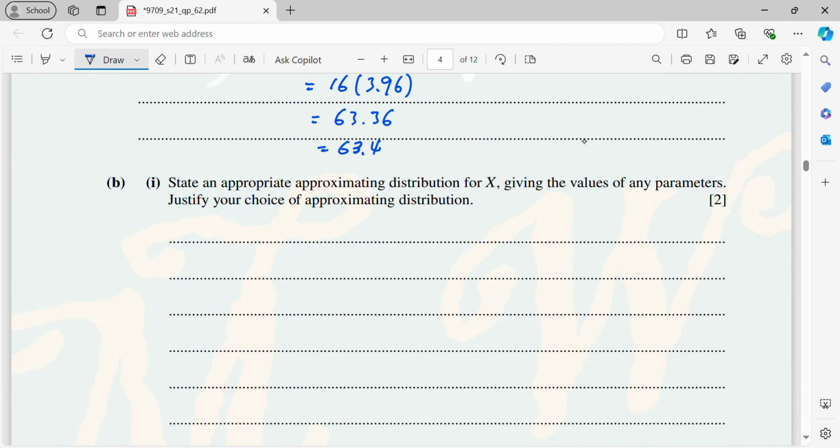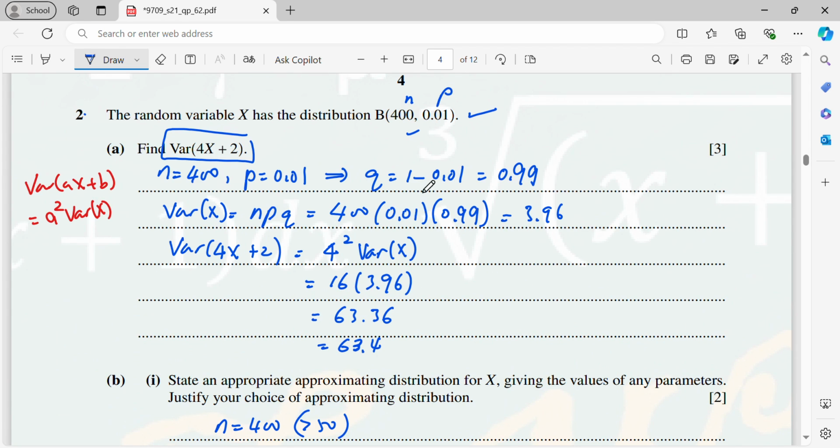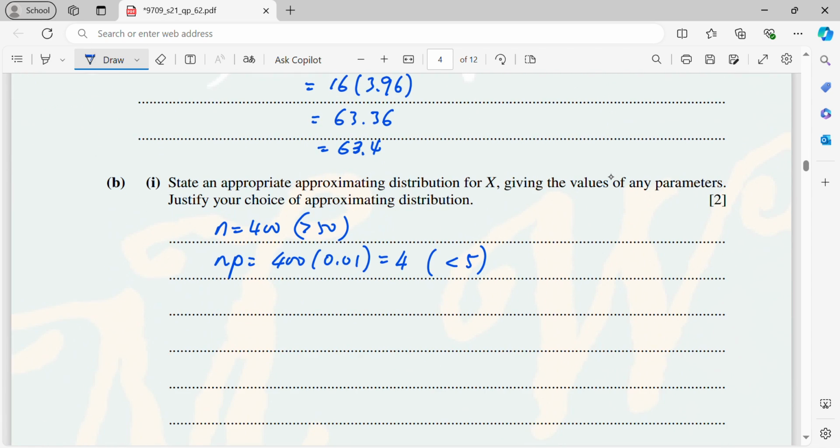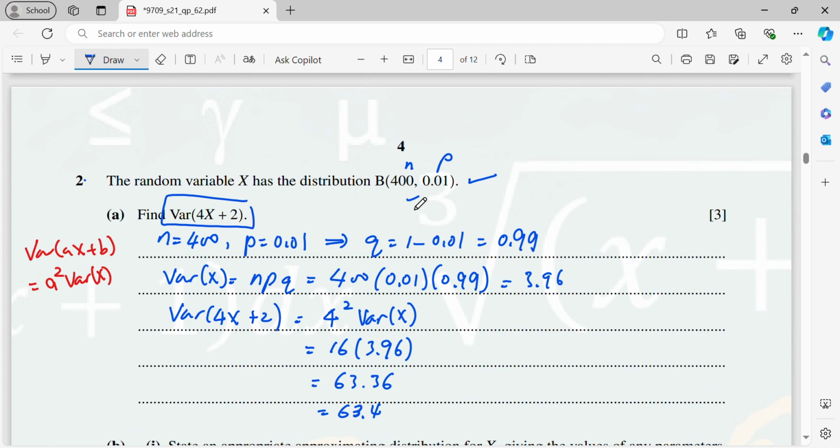B, first part: state an appropriate approximating distribution for x, giving the values of any parameters. Justify your choice. Okay, so first of all, n is 400, which is greater than 50. Then np, so now 400 times 0.01, is 4, which is less than 5. So when n is greater than 50 and np is less than 5, this one, initially binomial,